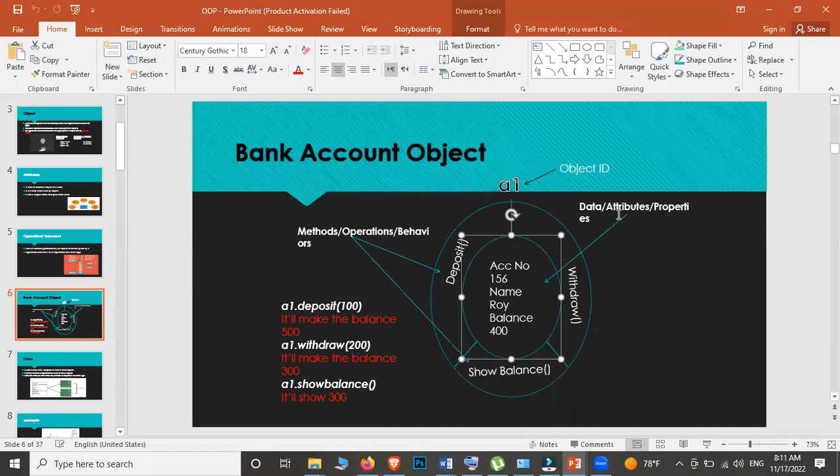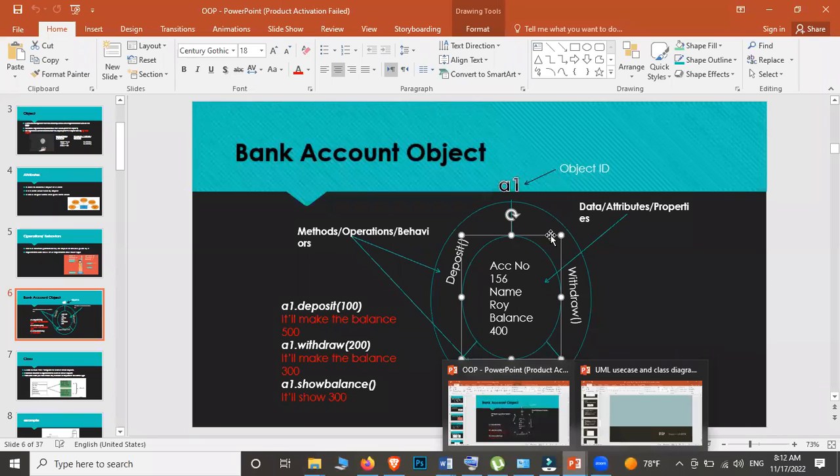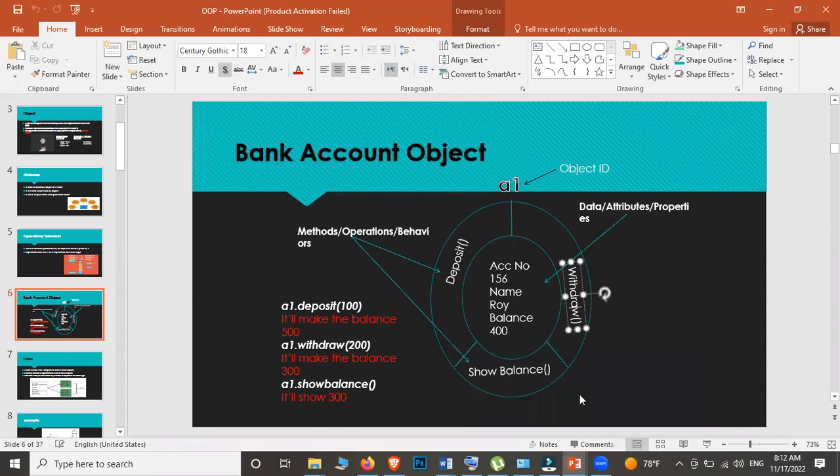The attributes, or properties, of this object are the account number, the name of the account holder, and the balance amount, isn't it? All this comes under the attributes. And the things the object can do are deposit, withdraw, and show balance.